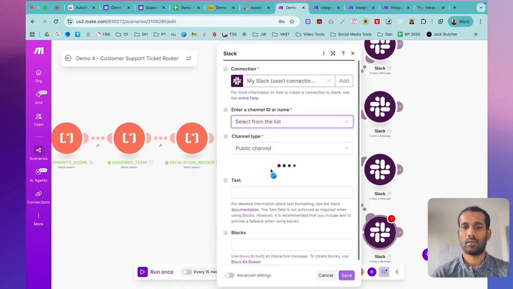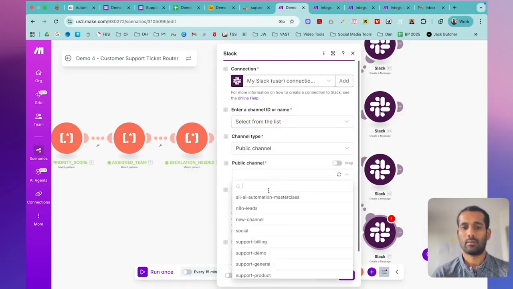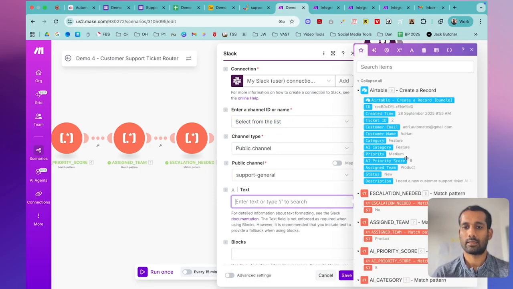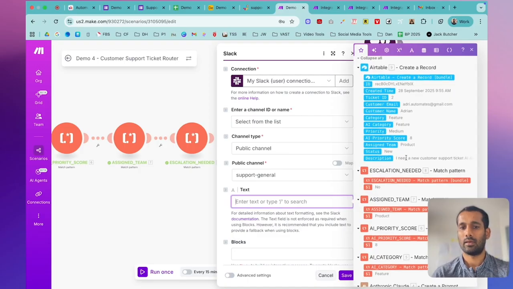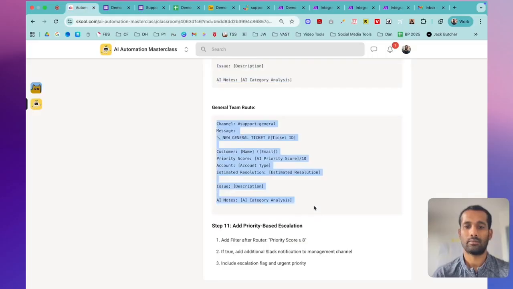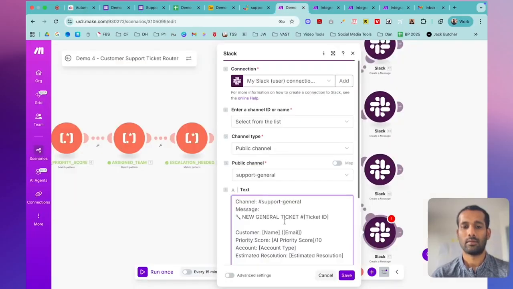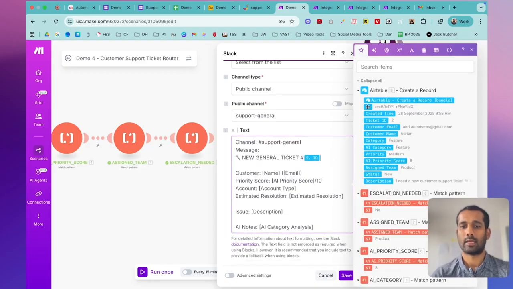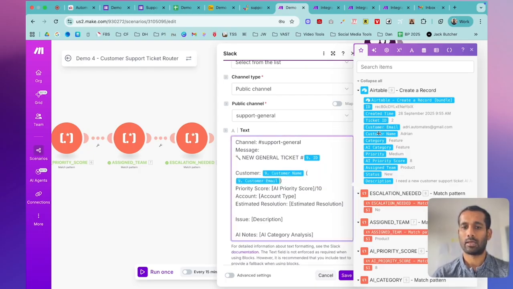And the last one for the general category, where we are going to create a message, select from list, public channel. This is going to be general. Text is going to be, we will copy this across, replace the ticket ID with ID, name with the customer name, email with the customer email,